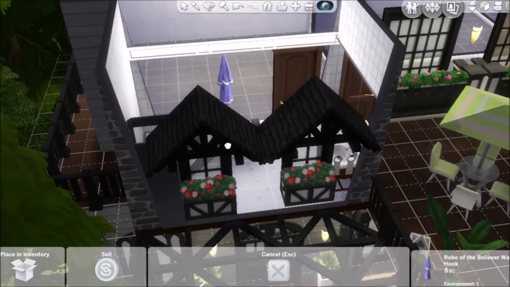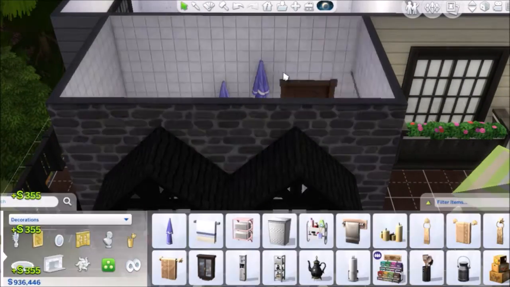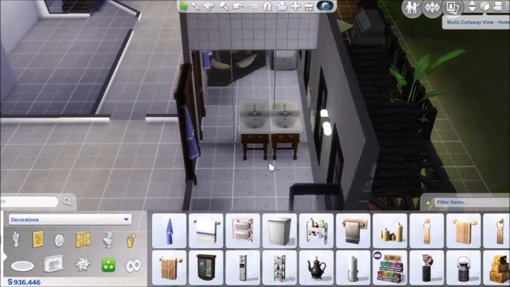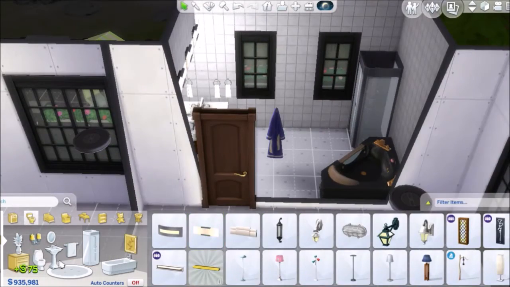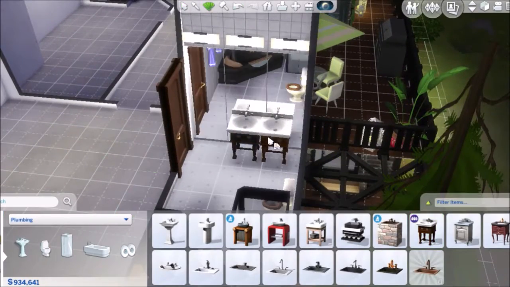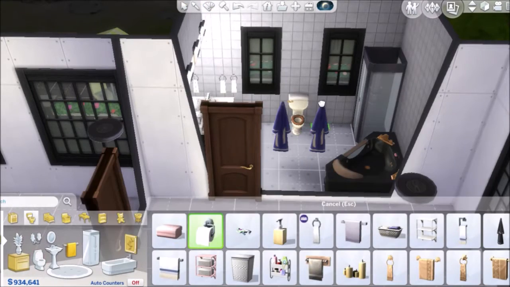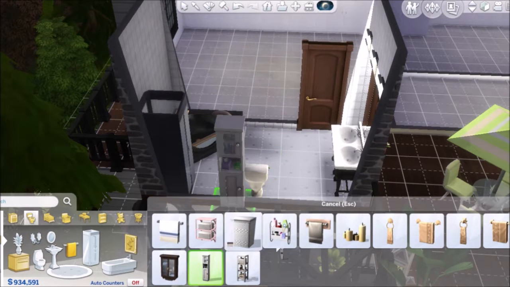And yeah, so I just play around with decorations after this, and again with the lighting. I wasn't really sure what to do with them. And then I throw in that old-time antique toilet just because I think it looks really cute, with that little bit of detail of the seat and the handles, and it matches the